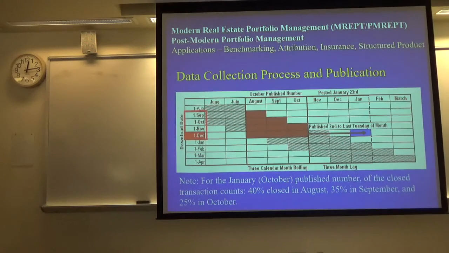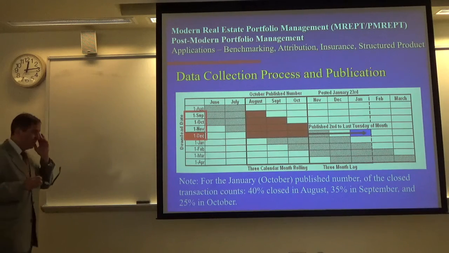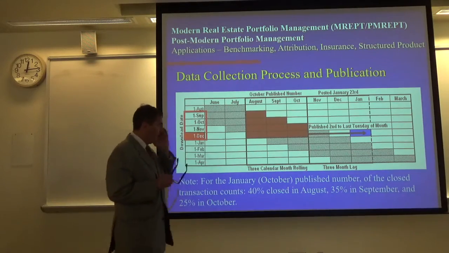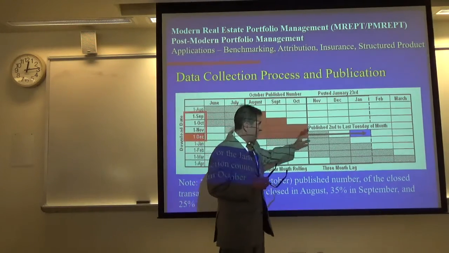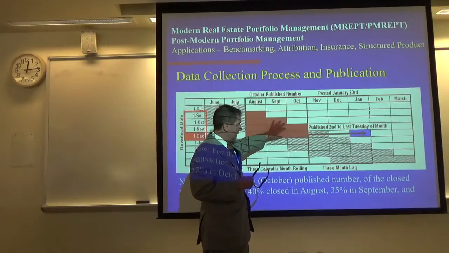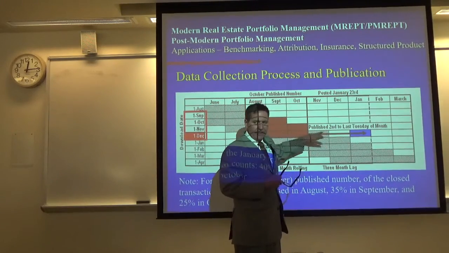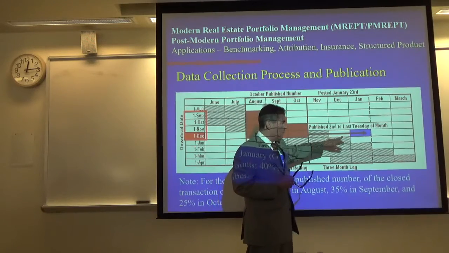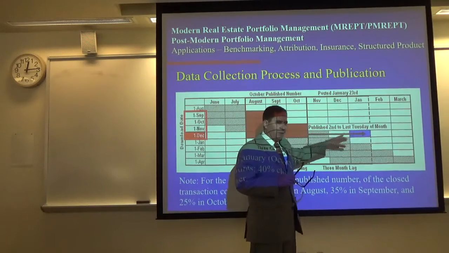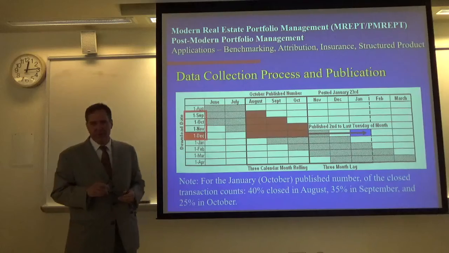The data processing was pretty intensive. We collected around 5,000 transactions, and then data processed them over a 2-week period. But we were constantly collecting data, and then this is the data set that we used to calculate the indexes. And then we had basically 2 weeks to validate and verify all of the data to make sure it was correct. And then we sent it a week early to the Standard & Poor's out of New York, to the publisher. They ran their numbers on their side to validate the numbers and make sure that they were correct.